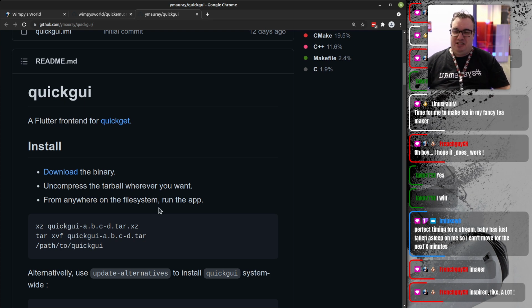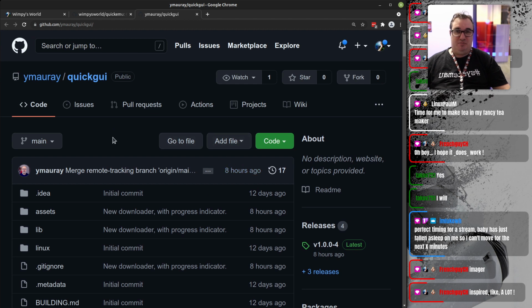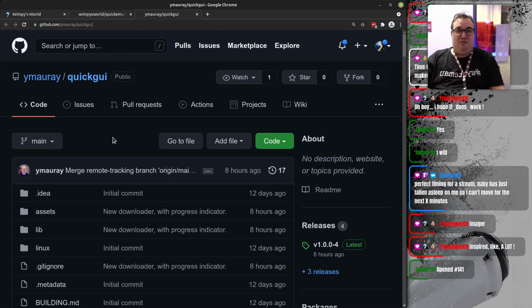So it's interesting that Mark and Yannick have approached this from slightly different positions, but in the same way. Yannick's gone for the download experience first, so really looking at Quickget, wrapping up Quickget in a UI. And Mark does have a download feature, but where he's put more effort is in actually creating a thing that can run the virtual machines. So it's interesting, but they've both chosen to use Flutter,